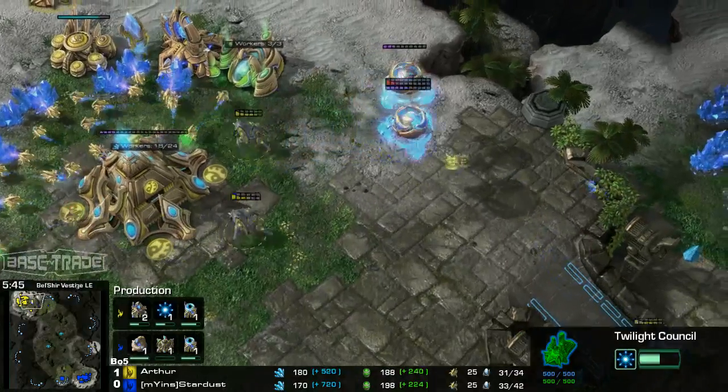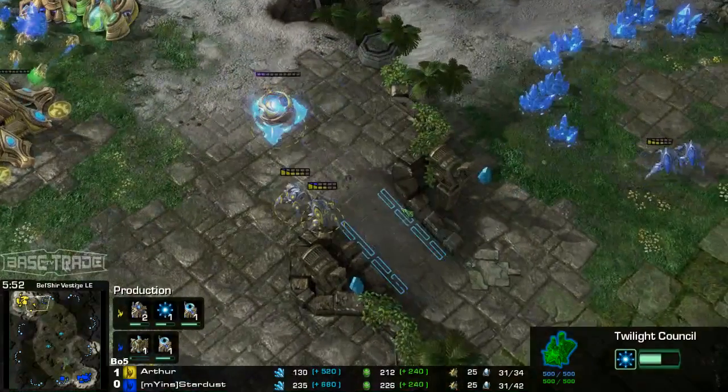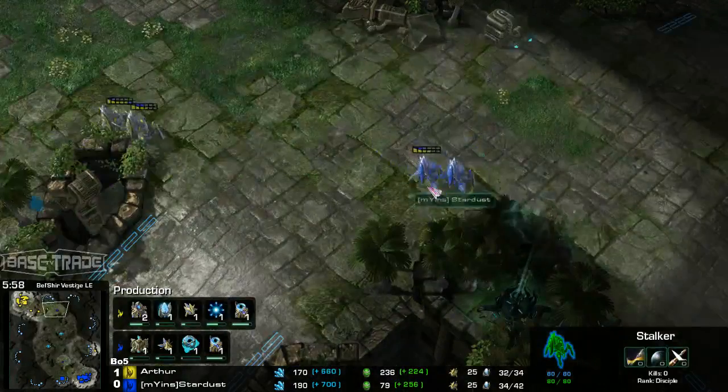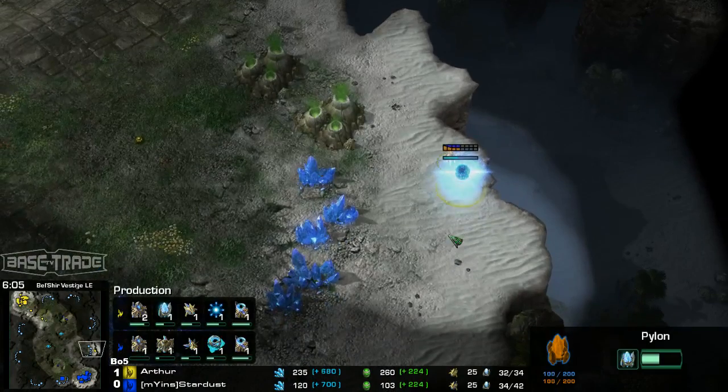Oh, you might have to recall out. Oh, you get first blood. The mothership core going down is a little bit tough to handle, but Stardust is going to turn around and run. Oh, but Stardust could actually quickly fight this, because Arthur, the rally was a bit off, but...